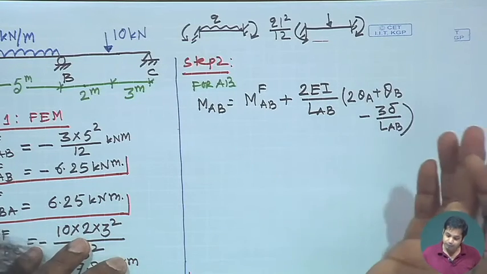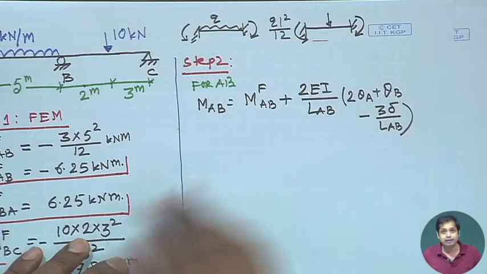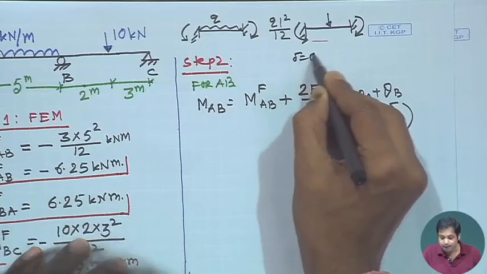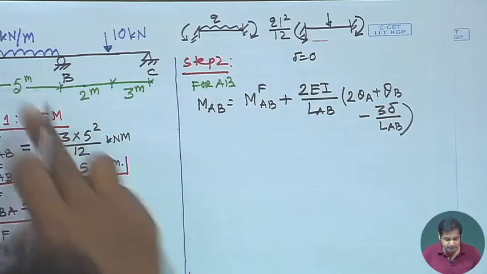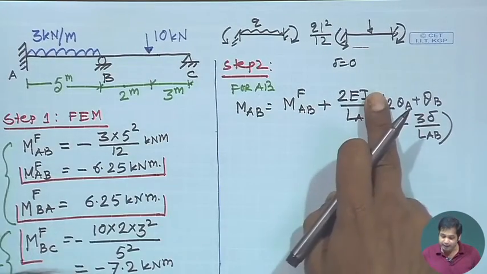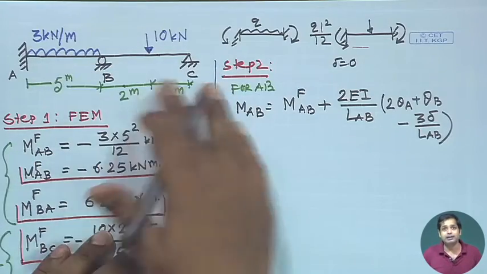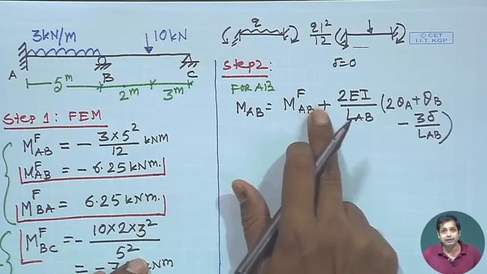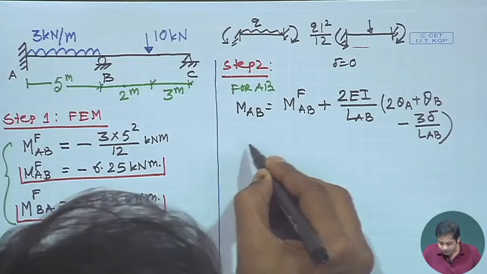If you simplify the equation that we derived in the previous class, you get this. Now, for this problem delta is equal to 0, there is no settlement, so this term will go. LAB is the length of AB, and EI is the flexural rigidity of AB. In this example, it is assumed that flexural rigidity is constant for both spans, and MABF is the fixed end moment at A. So, if we apply that, what we get is M